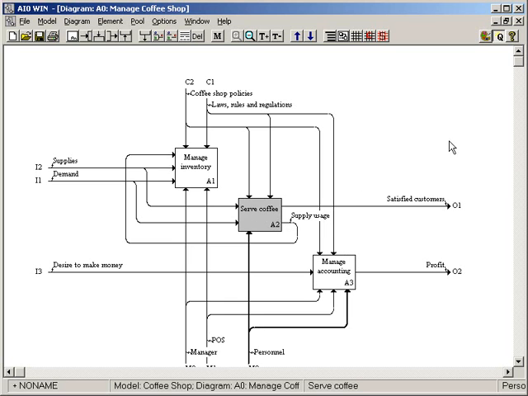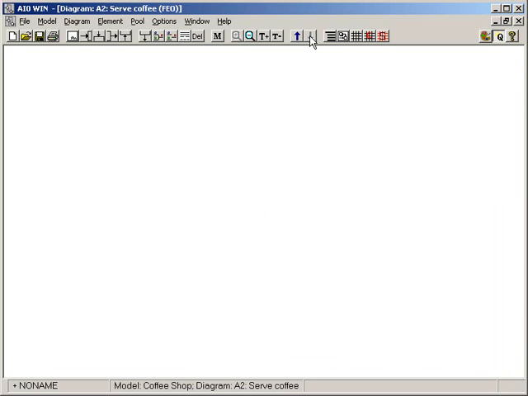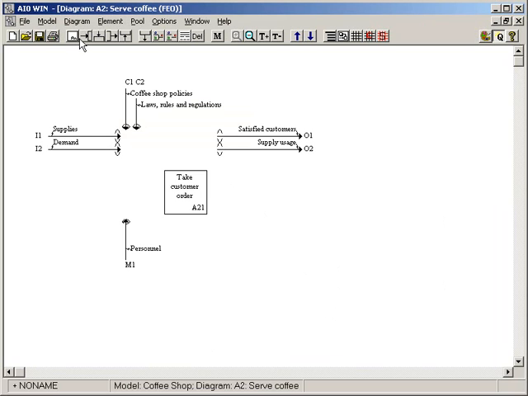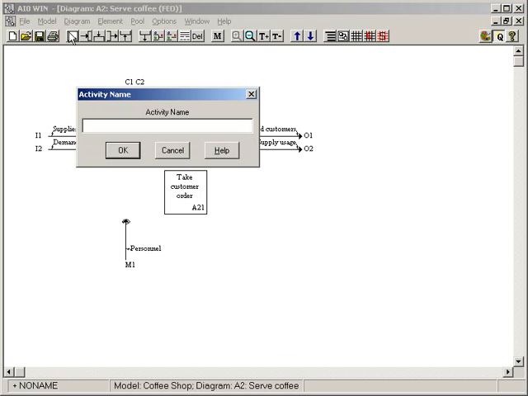Okay? Now at this point, what you can do is select one or more of these activities and further decompose them, add more detail to them. Let's select serve coffee and go to the decomposition of it. What are the activities that we can include at this level? One example would be to take customer order. As you can see, as soon as you drop a single activity, all the related parent level concepts are propagated. Another activity would be